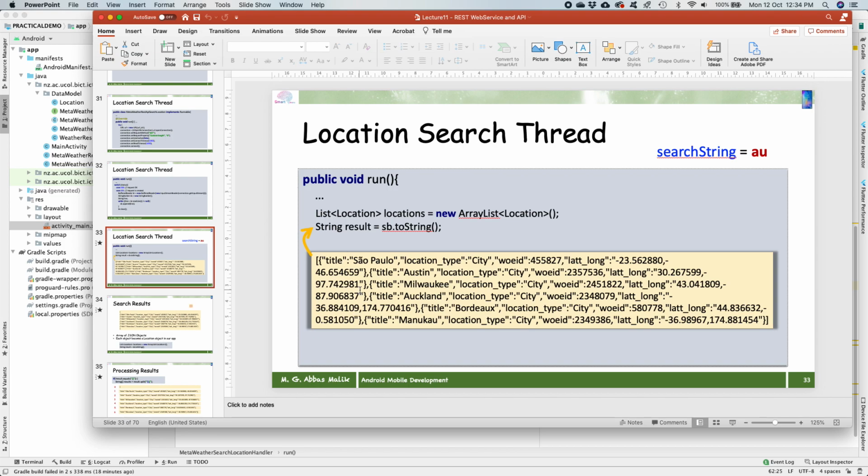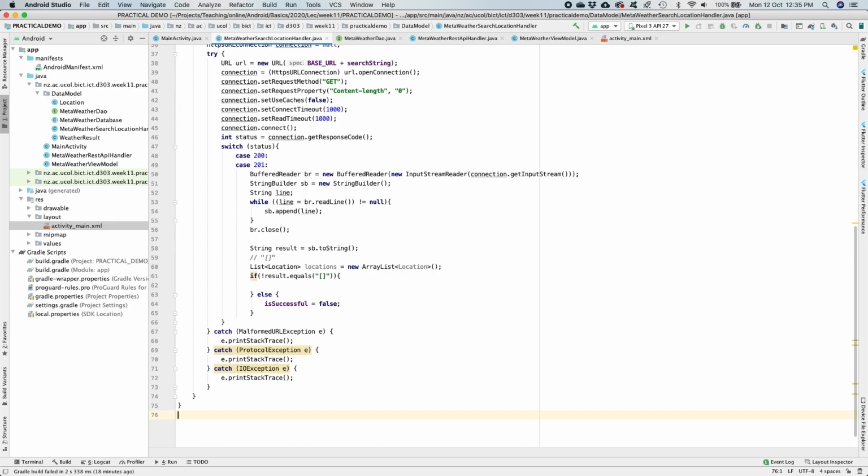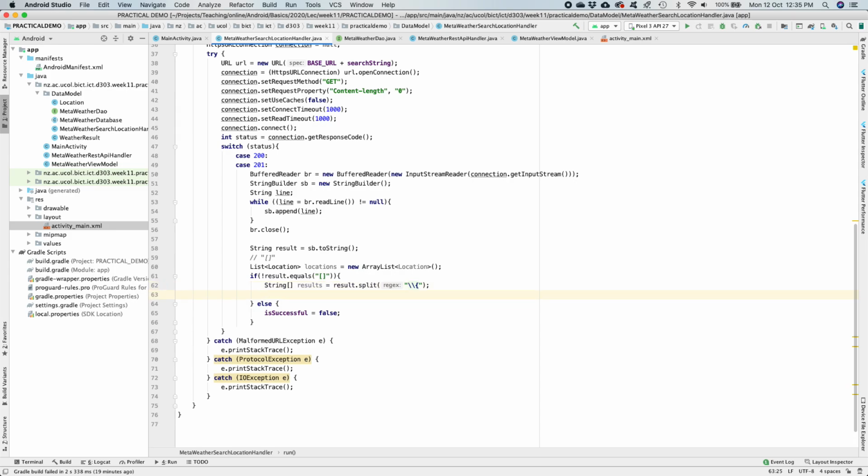Okay, so it is more like the information like this, and if I just try to simplify this, it is like that. So we have the information like that, and we need to process them. Okay, so I'm just going to split this information. So we are going to say that we are splitting this information on the left curly bracket. Okay, it is going to be removed, and for each result,